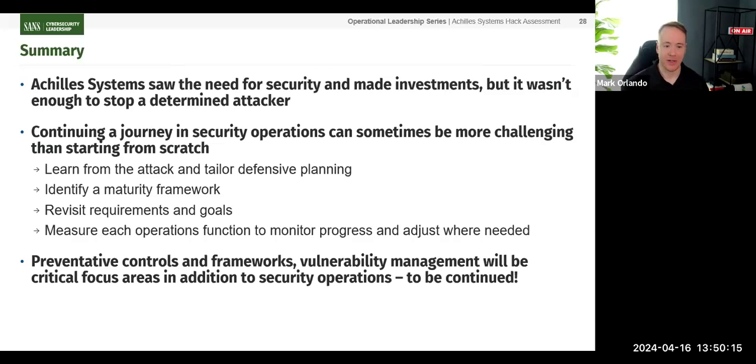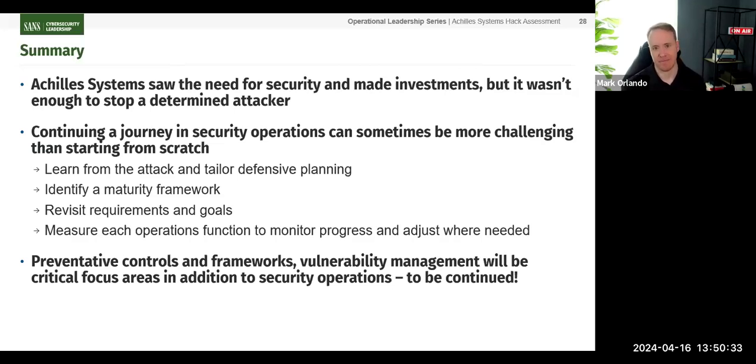We talked about building out some of those core security operations functions. We talked about the importance of assessing and monitoring the performance of each function. And we also talked about establishing KPIs, OKRs to make sure that that's happening. And we have the kind of visibility, the kind of transparency into those functions that we're going to need in